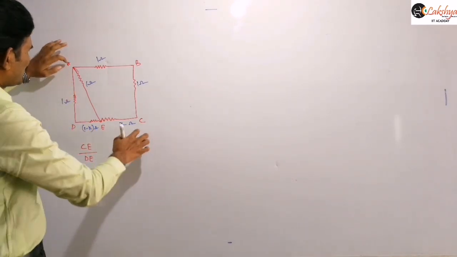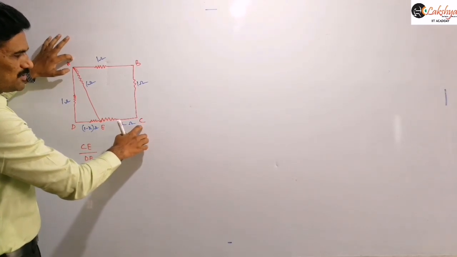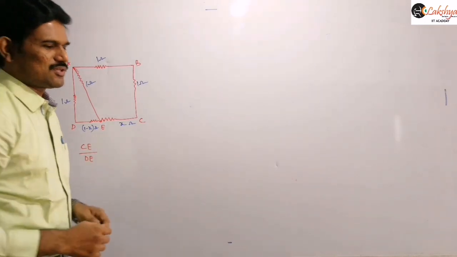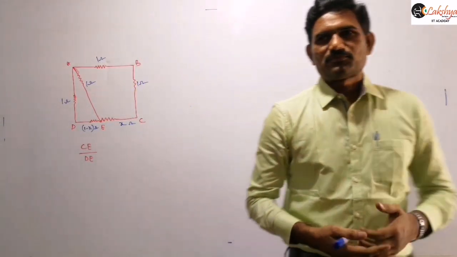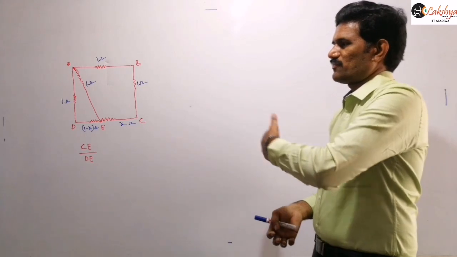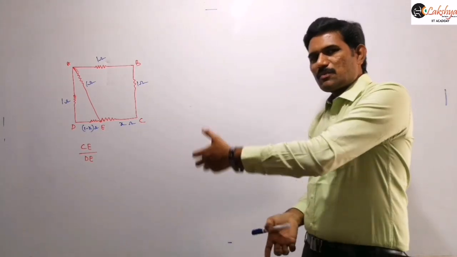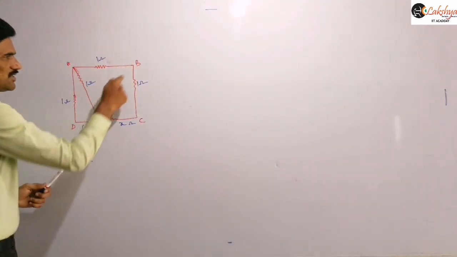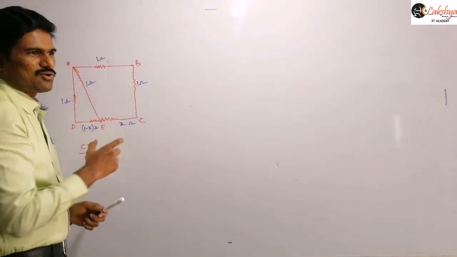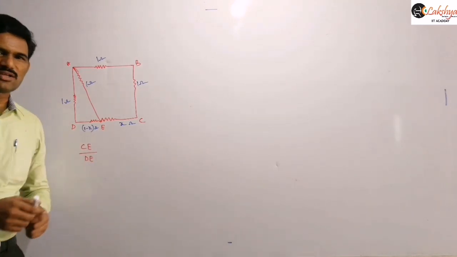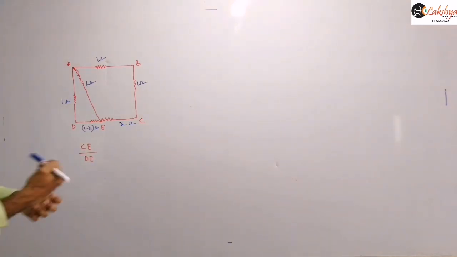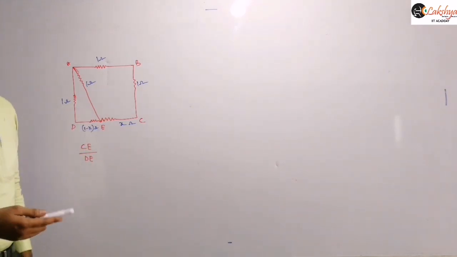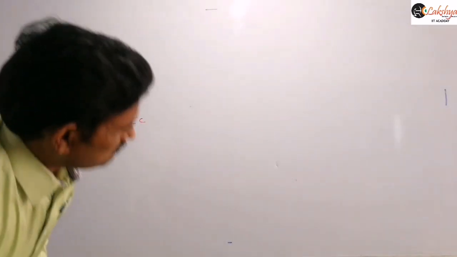Now the given condition is that when potential difference is applied between these 2 points, E and B will be at same potential. That is nothing but when you connect the potential difference across AC, it becomes a Wheatstone bridge such that the position of the galvanometer is between B and E. If you connect a galvanometer, it becomes ineffective. That is the given condition here. Then we know if it is a Wheatstone bridge, then P by Q is equal to R by S must be satisfied. So you can identify which is P and which is R here.